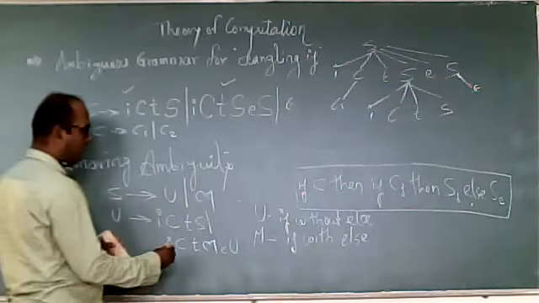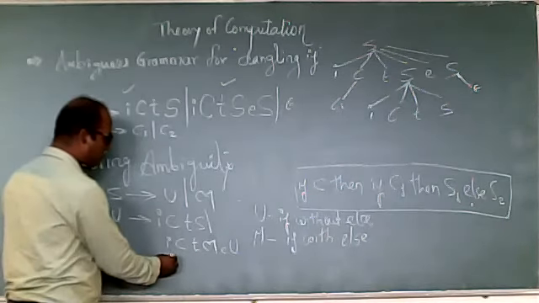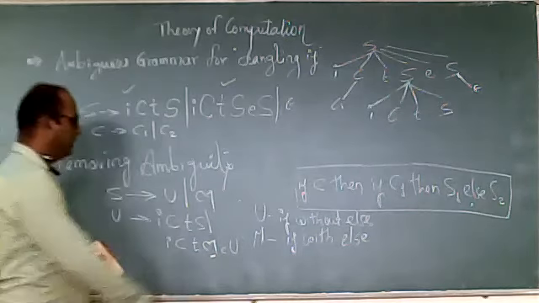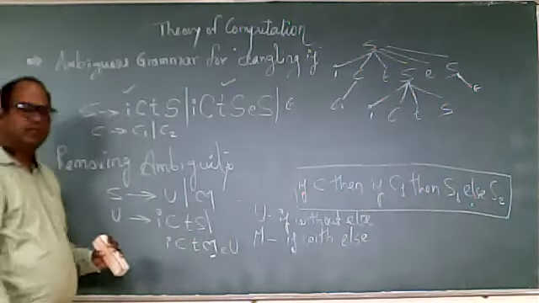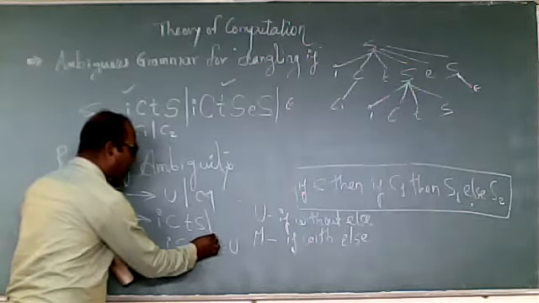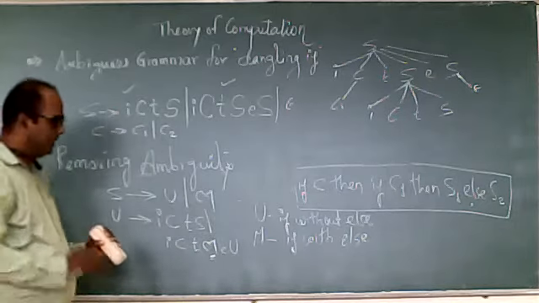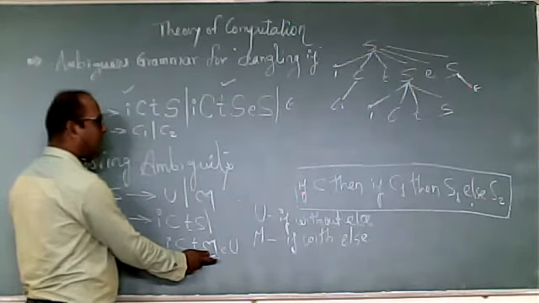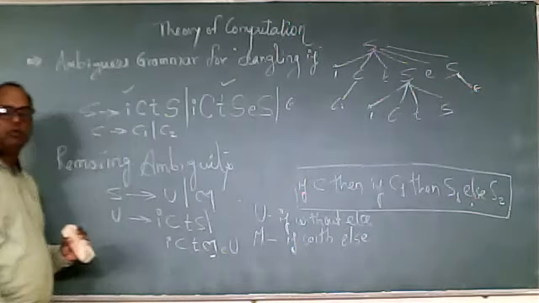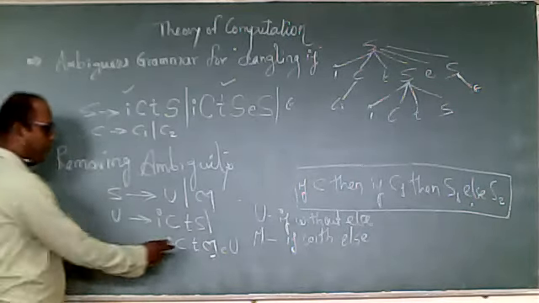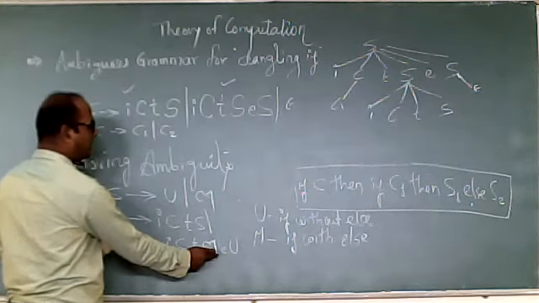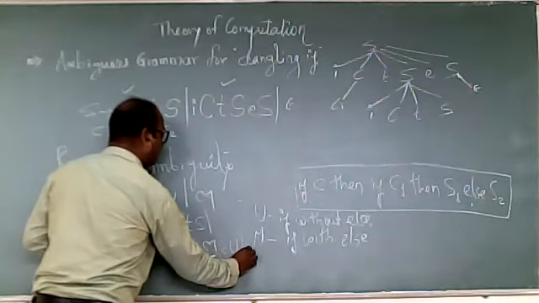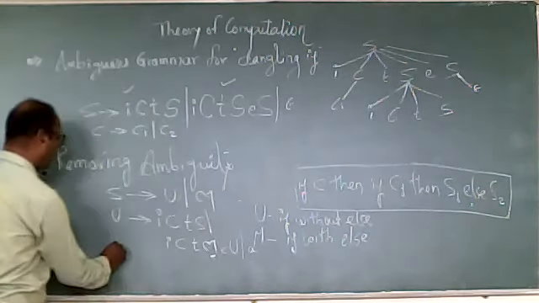Now when I want to write another production, I write if condition then if with else, plain if. So here I am writing one more production which makes the idea clear: if there is again a nested if and it is with else, we have to use this production. So whenever the else comes here, we say this belongs to this if. This is the production for termination. We can use epsilon or some other variable.